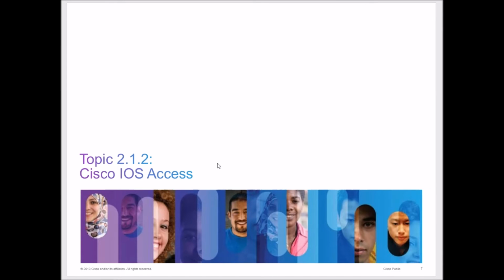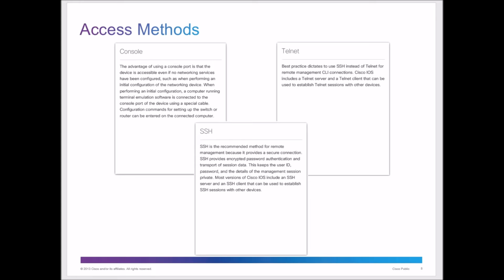So let's look at access. There's a few different ways to access a device. You can get in through the console, and we'll take a look at that from a visual standpoint. You can get into the console, you can telnet in, or you can SSH in. Console is probably the most secure because you're directly connecting to the device